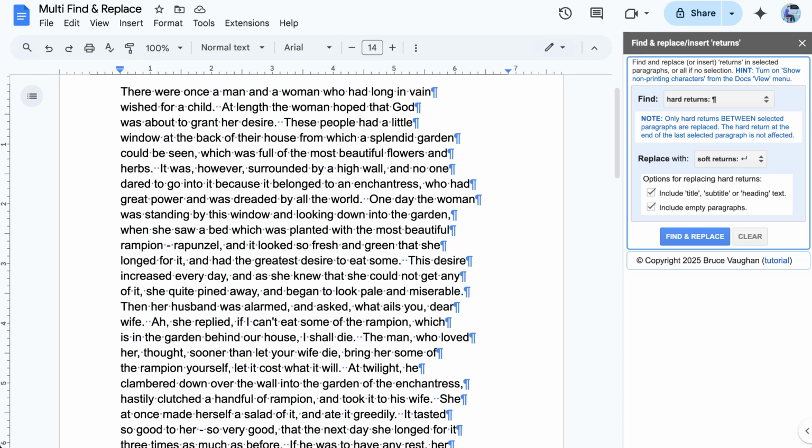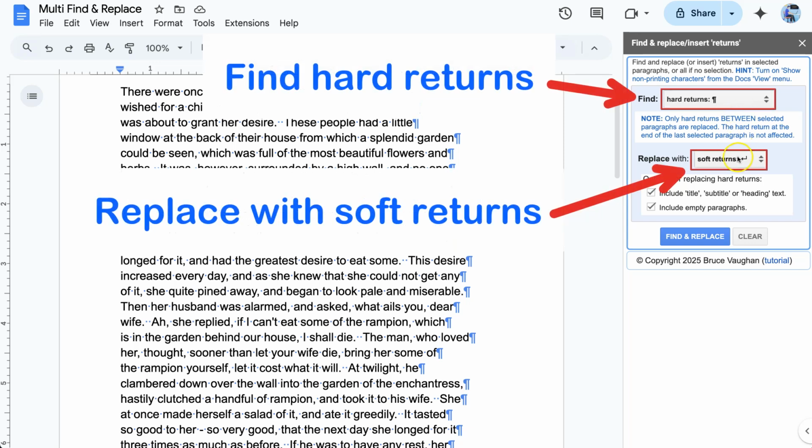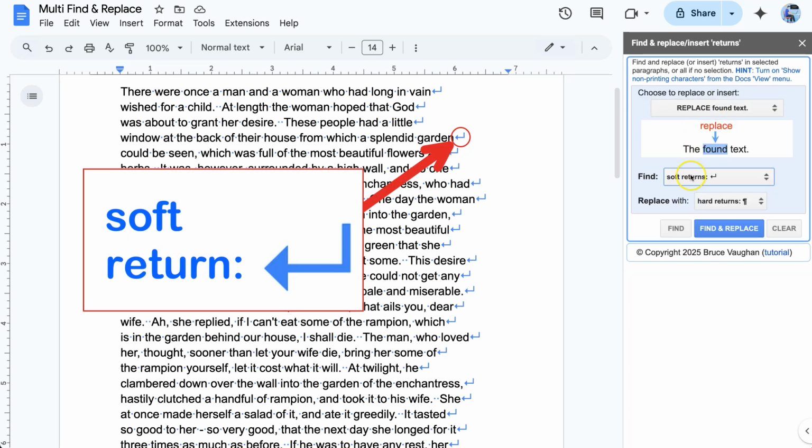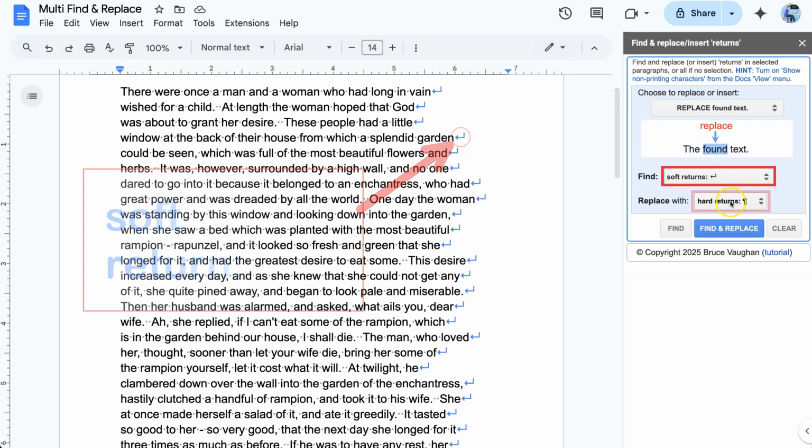Now, say you want to convert these hard returns into soft returns. And in case you don't know, soft returns start new lines in the text but do not start a new paragraph. All we have to do is choose to find hard returns and replace with soft returns, then click the Find and Replace button. Now let's do the opposite and choose to find the soft returns and replace them with